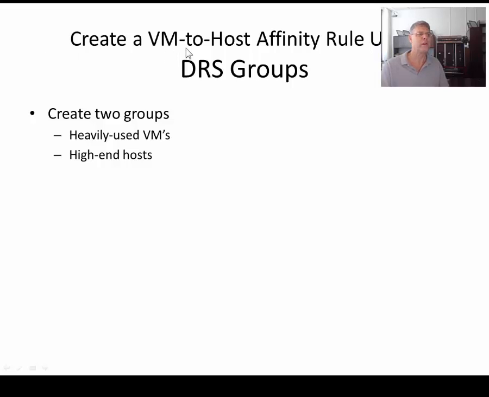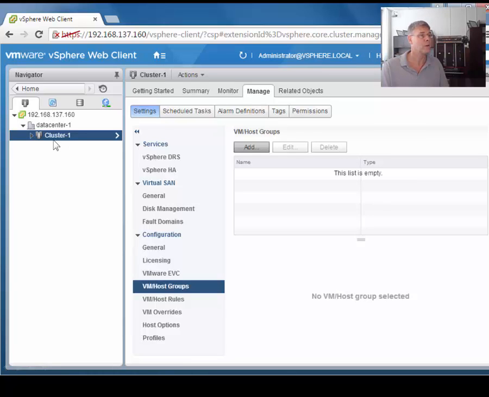So now let's create a virtual machine to host affinity rule using DRS groups. One group will contain heavily used virtual machines, and the other group will contain heavily used ESXi hosts. And then we will link the two together. So I will go to my cluster under Manage, under Settings, and where we see VM to host groups, I